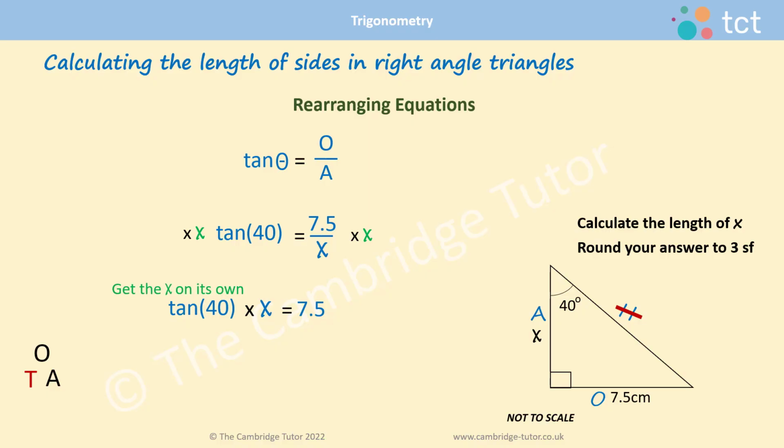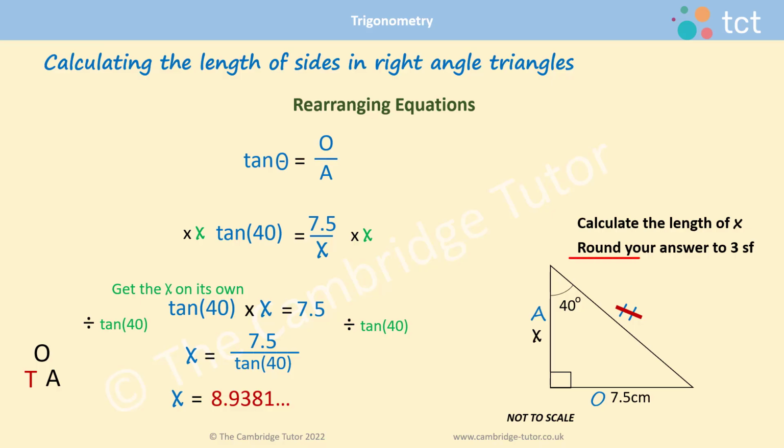We'll cancel out the multiplication on that side by dividing by the tan of 40, which means we need to do the same on the other side. X is now on its own, and on the other side it's 7.5 divided by the tan of 40. Put that in your calculator. 7.5 divided by tan 40, close bracket, equals